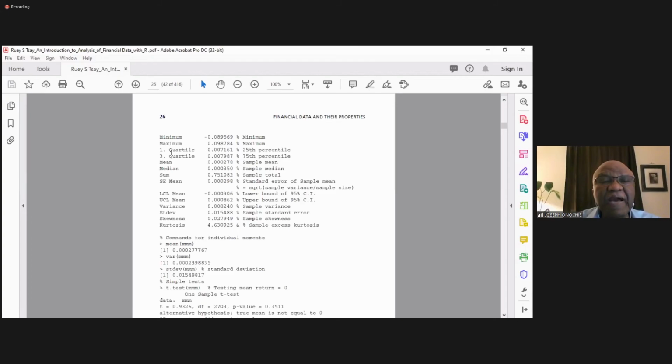It gives you the minimum, the maximum, first quartile, that's the 25th percentile. The mean is the second quartile. The third quartile is the 75th percentile of the series of your numbers. The median is the 50th percentile, then the 75th percentile. You have mean, median, the sum, you have the standard error of the mean, you have LCI, all these statistics,